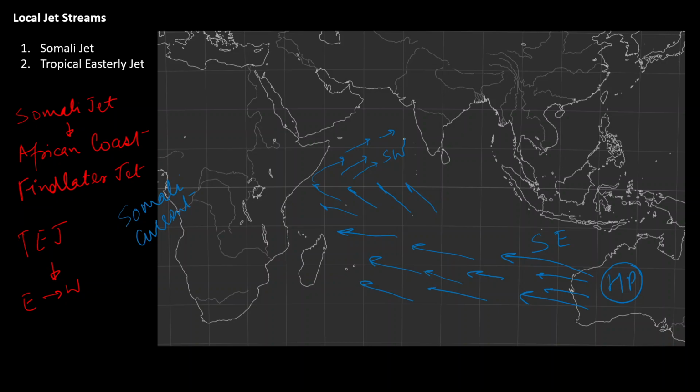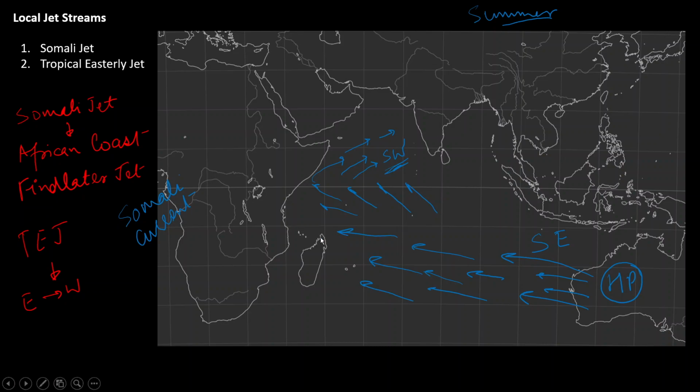I hope you understood that during the summer months, which are winter months for southern hemisphere, what happens is that the Australian landmass is very, very cold. As a result, it develops high pressure zone. The Indian Ocean surrounding Australia has low pressure zone. Winds start moving from Australian landmass over the Indian Ocean. As these winds cross the equator, they turn right under the impact of Coriolis force, and they become southwesterly